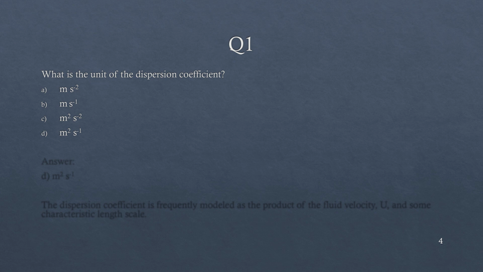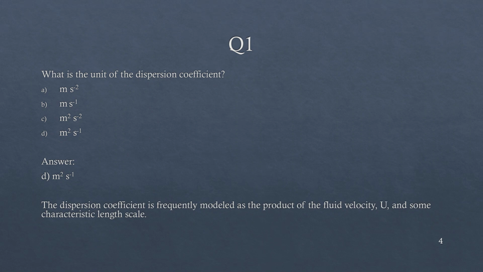So the answer is meter square per second, which is option D. Because what is dispersion coefficient? Dispersion coefficient is modeled as the product of fluid velocity u and some characteristic length scale. So we know the fluid velocity